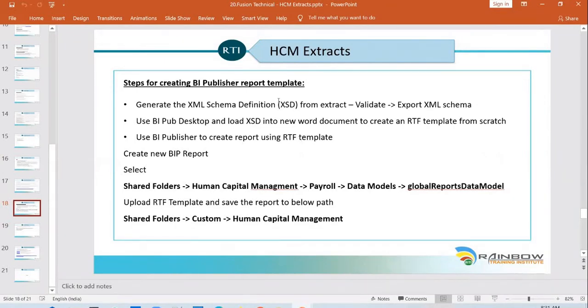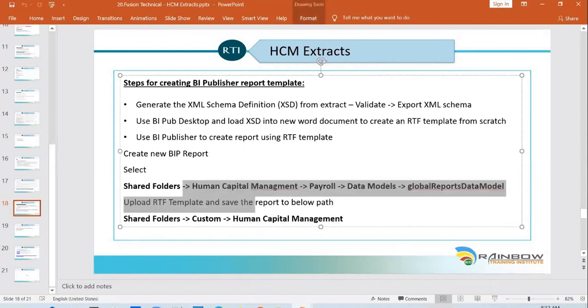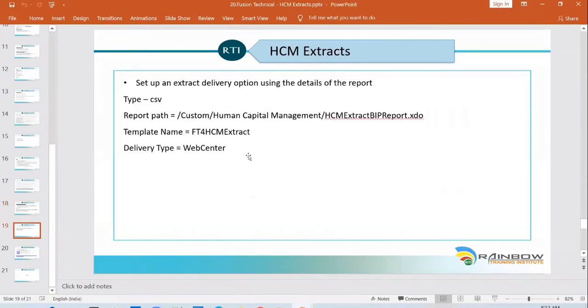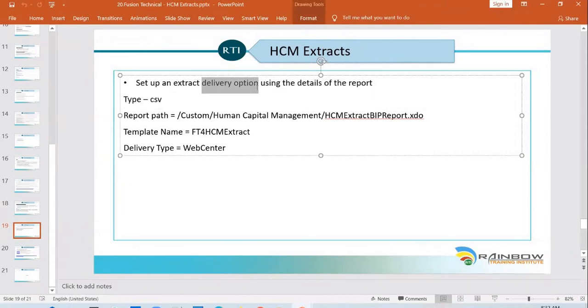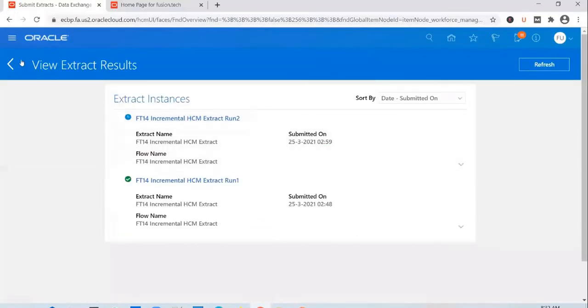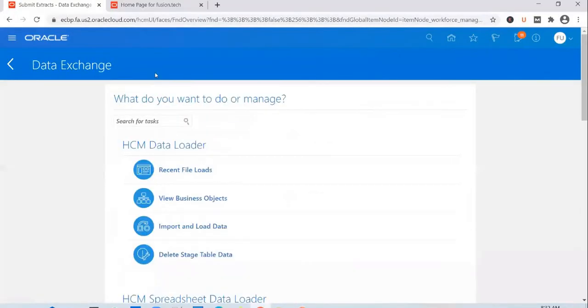Okay, so what you can do is from the extract, you can generate the XSD. You can do it from the validate screen. That will export the XML schema, and you can open up a new Word document and create an RTF template to print the details in whatever way you want, or include whatever fields you need. And then you upload the template to the reports and analytics work area. And after you do that, you can go to the delivery options. And in the delivery options, what did we do? We went ahead with the data option, right? So instead of a data option,